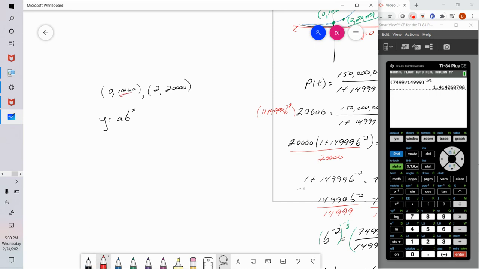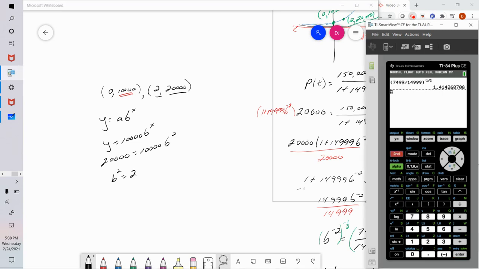And 10,000 is our initial value, our value of y when x is 0. So that would be a. Then I can put 2 and 20,000 in for x and y. So 20,000 equals 10,000 times b squared. So b squared equals 2. And if I take the square root of 2,